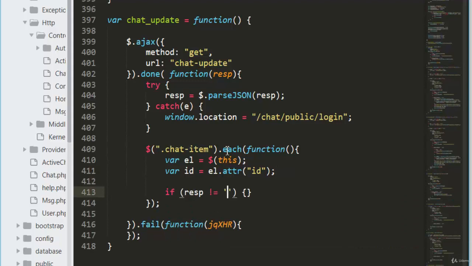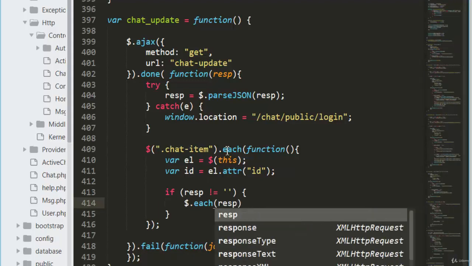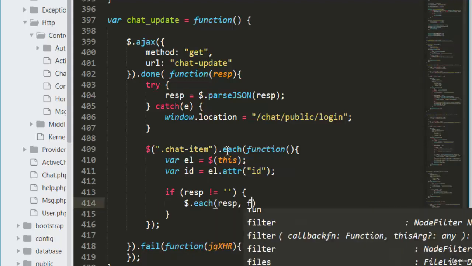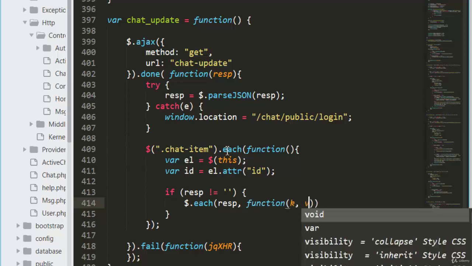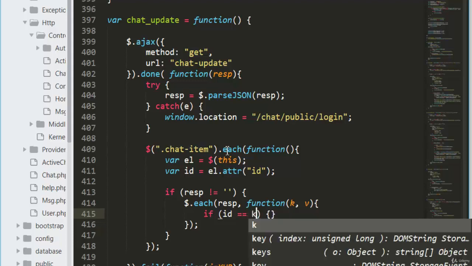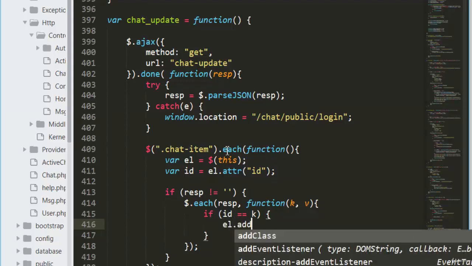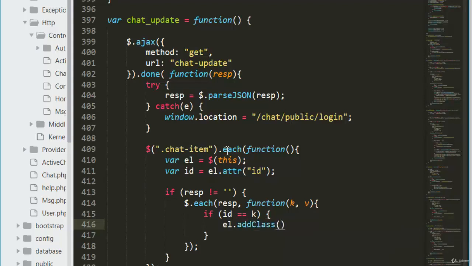Now if the response is not empty, then we're going to say $.each resp. So we are looping through the response, k as a key, v as a value. If id is equal to k, the id of the chat, so we have to check whether this item id matches the id that we have in the response. If yes, then add class new message